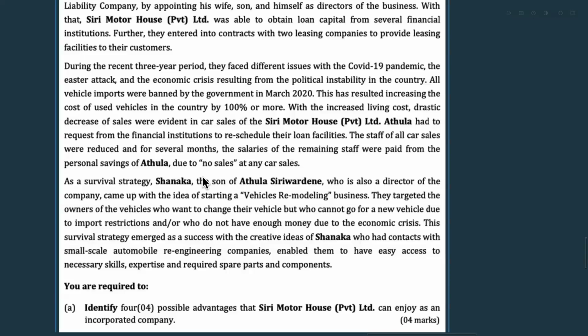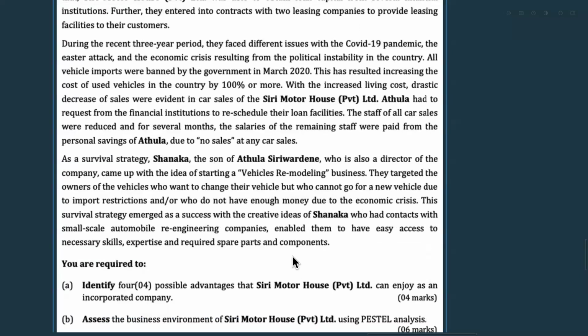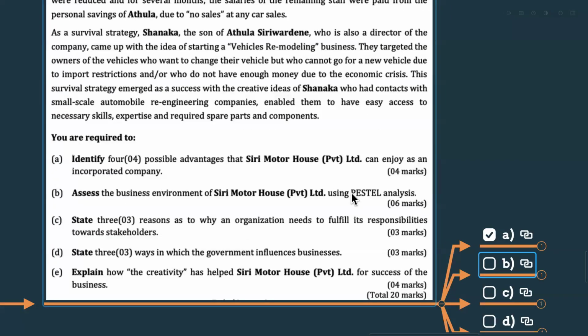As a survival strategy, Shanaka, the son of Atula Srivardhana, who is also a director of the company, came up with the idea of starting a vehicle remodeling business. They targeted the owners of vehicles who want to change their vehicle but cannot go for a new vehicle due to the import restrictions, or who do not have enough money due to the economic crisis. The survival strategy emerged as a success with the creative ideas of Shanaka, who had contacts with small scale automobile re-engineering companies, enabling easy access to necessary skills, expertise, and required spare parts and components. Clearly, we can identify the political factor, economic factor, social factor, technological factor, ecological factor, as well as the